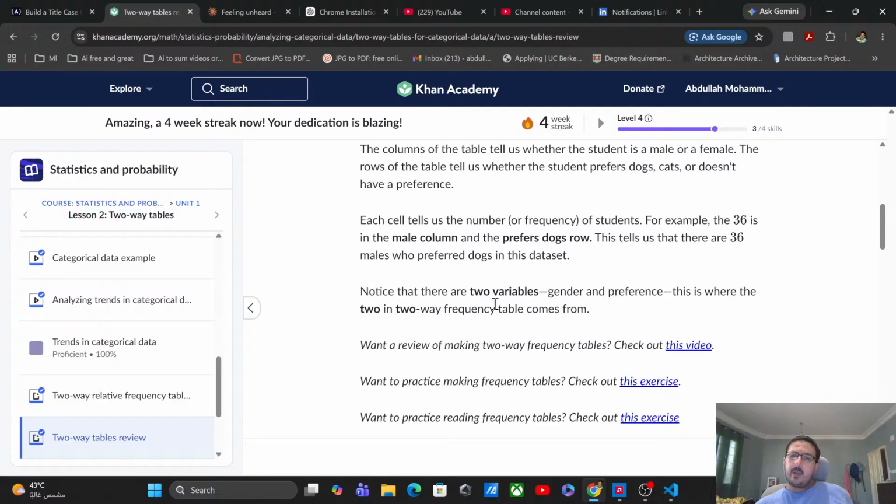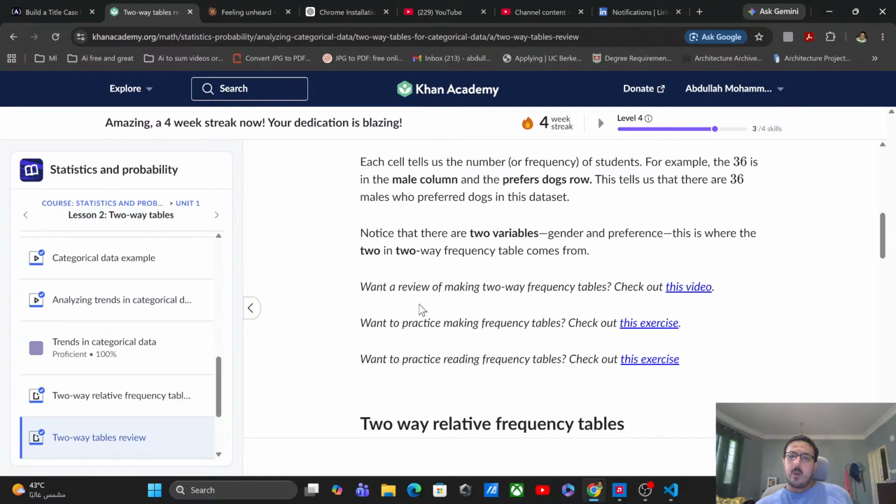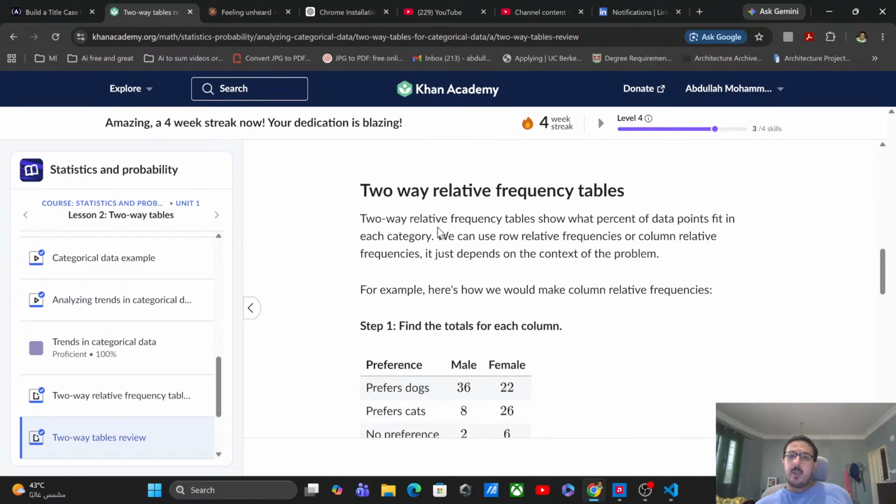Notice that there are two variables, gender and preference. This is where the 2 in two-way frequency table comes from. Want a review of making two-way frequency tables? Check out the